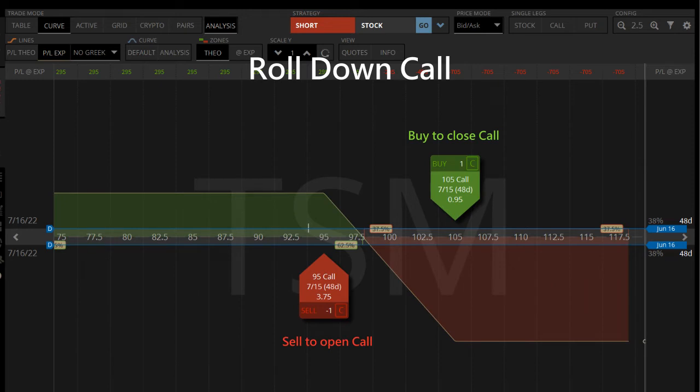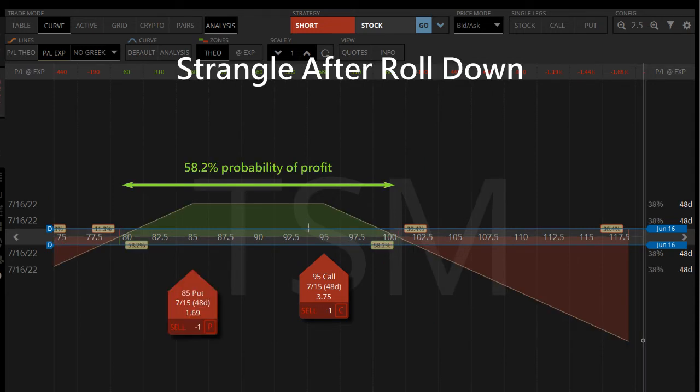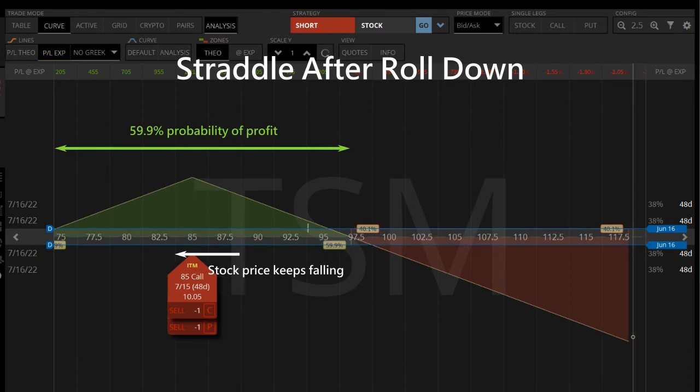We can roll down the short call to collect our profit: buy to close the call option, and sell to open another short call that expires at the same time at a lower strike price. After rolling down, we have a strangle with a smaller profitable range, allowing us to continue to benefit from theta decay. If the stock price continues to fall, we create a straddle after rolling down the short call a few